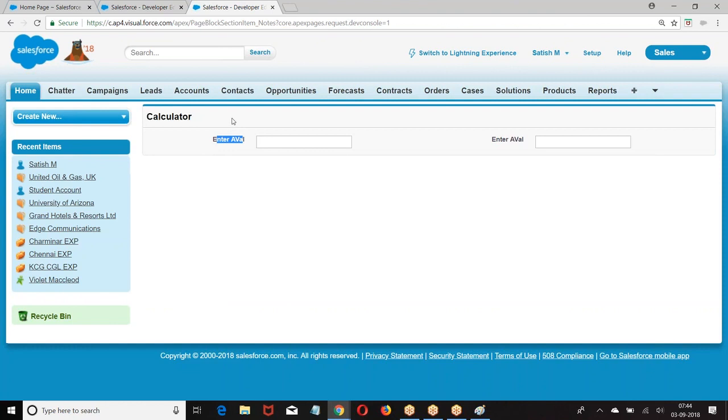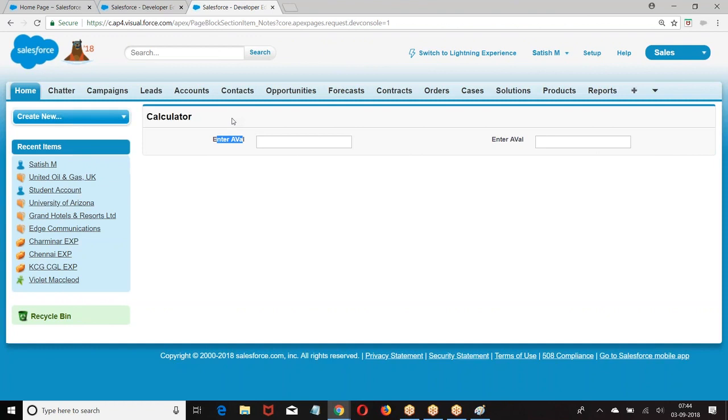If you want more than one component to be displayed in a single column, then we go for page block section item. Page block section item is a child of page block section. We have a page, in the page a page block, in the page block a section, and in each column one page block section item.